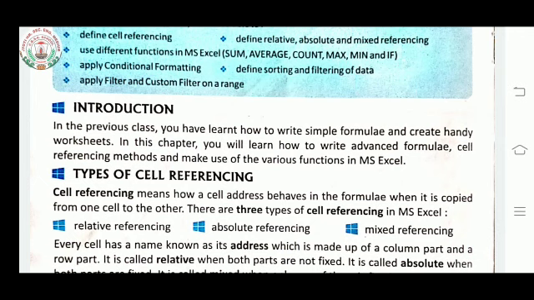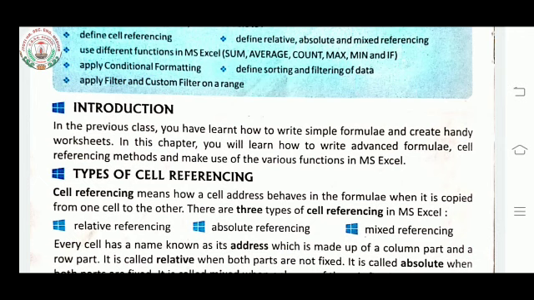In this chapter you will learn how to write advanced formula, cell referencing methods and make use of various functions in MS Excel. Some functions are there which we can use, like in mathematics also you are using. In MS Excel we can use functions like sum.